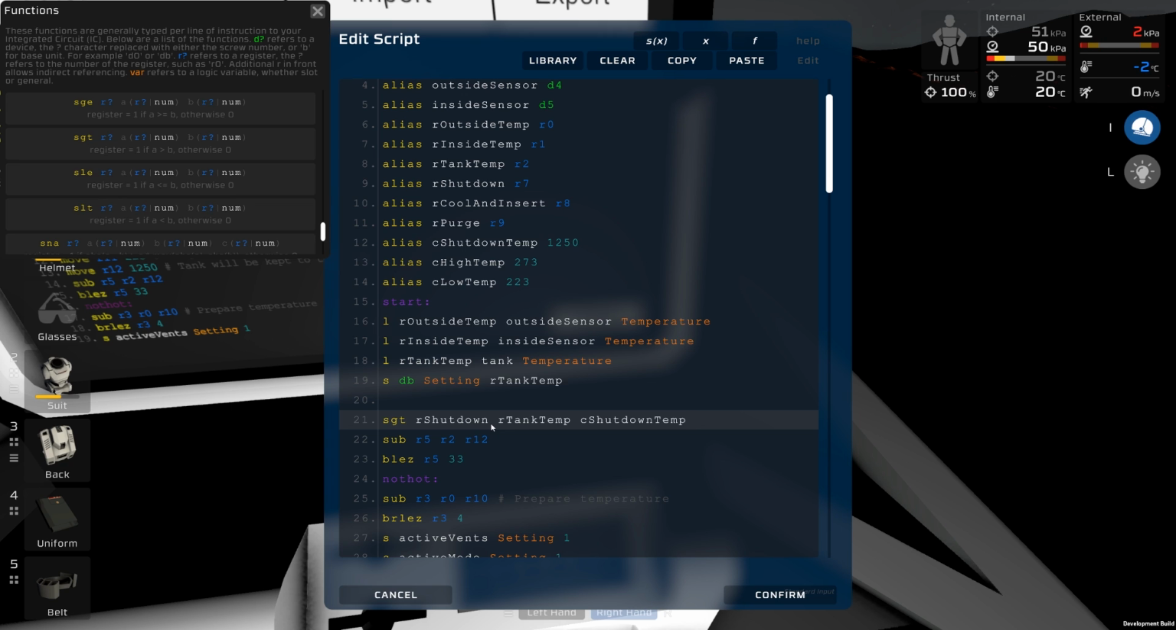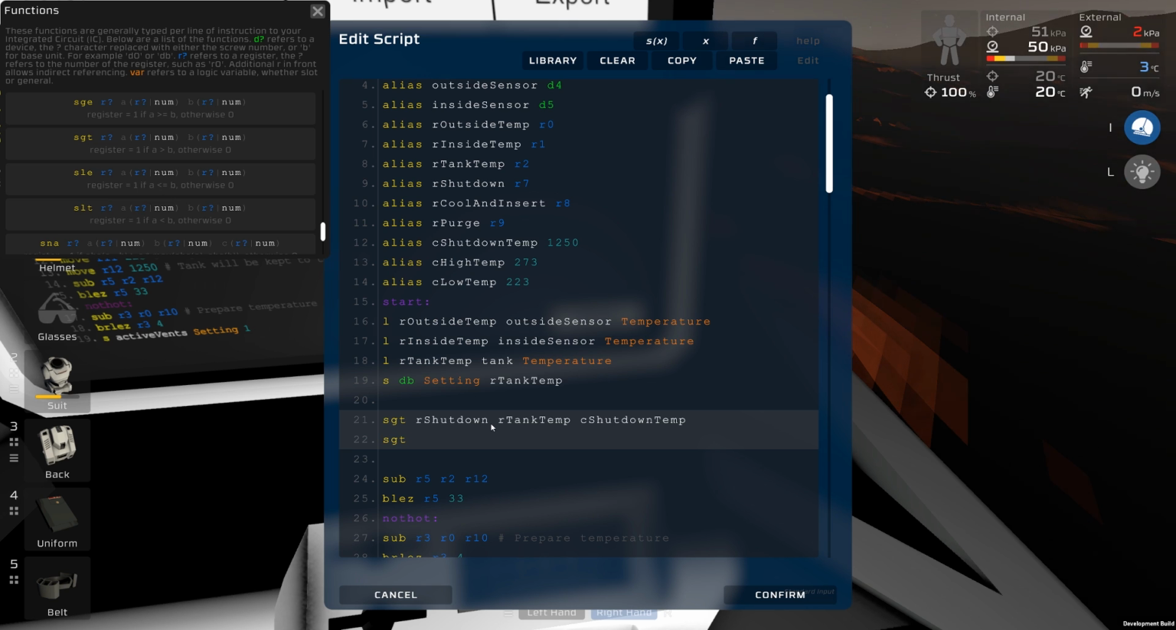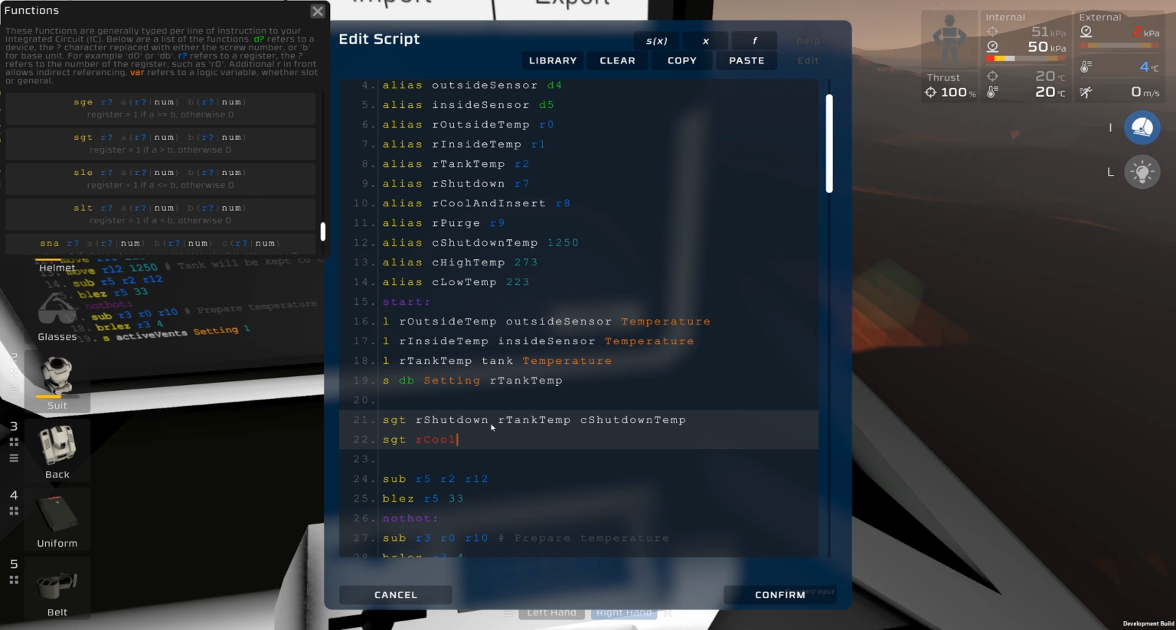So if R shutdown is 1, we're going to jump elsewhere and do something. But we're not going to need to do that straight away because we can then assess other things as well. And we're going to do the same thing as before. So if the temperature is above 273, so it's GT, and we know we want to, so our cool and insert, that's the Boolean value